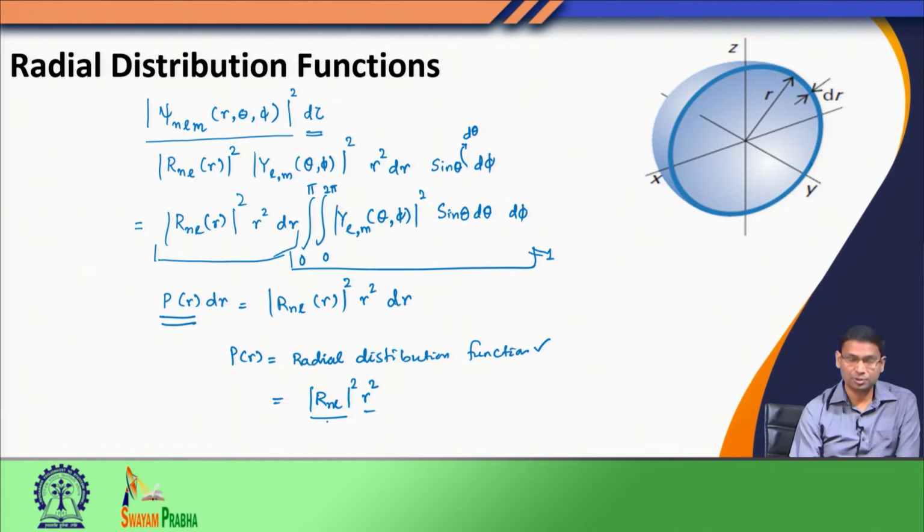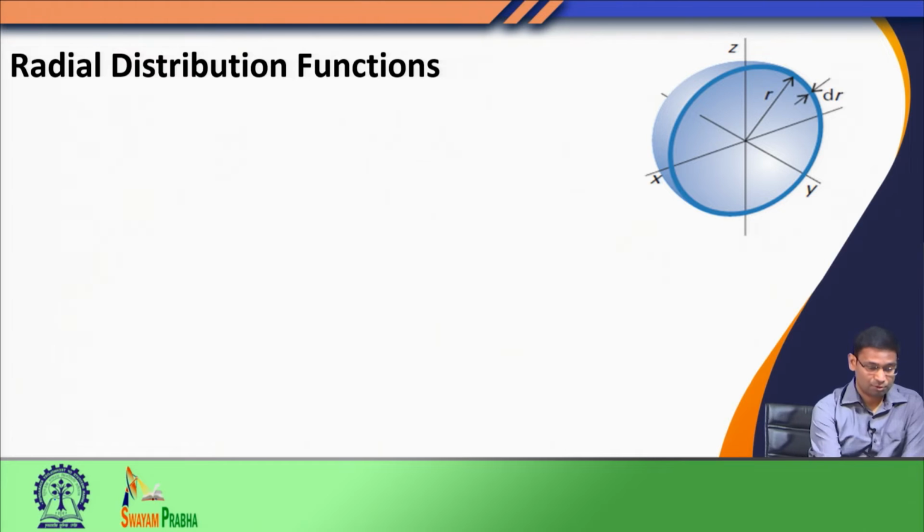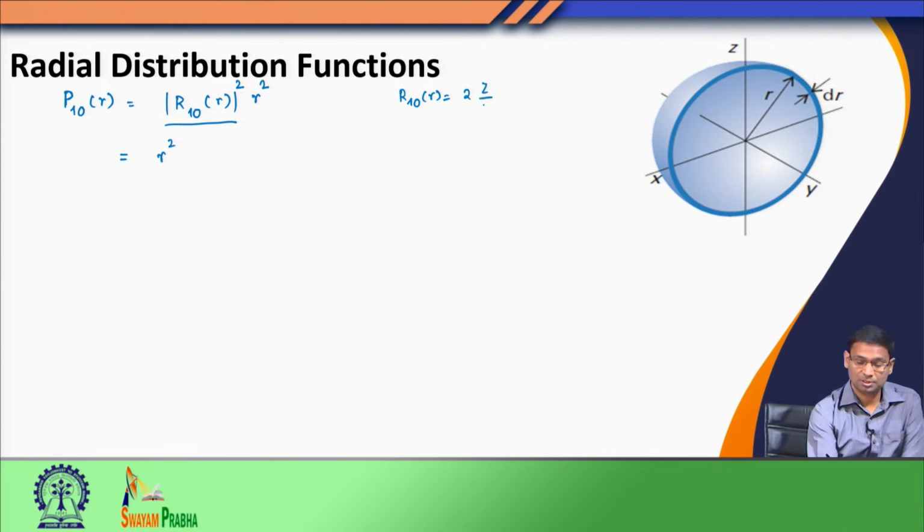So, we will try to do this for one of the functions. Let us consider the easiest of them all, the radial distribution function for the 1s orbital. If you remember this function, I write R 1 0 was 2 Z over